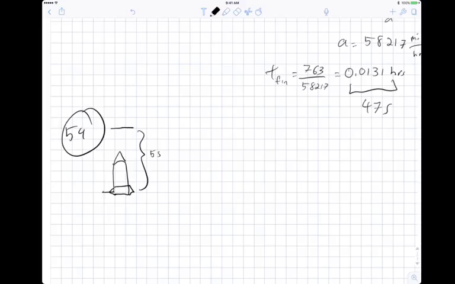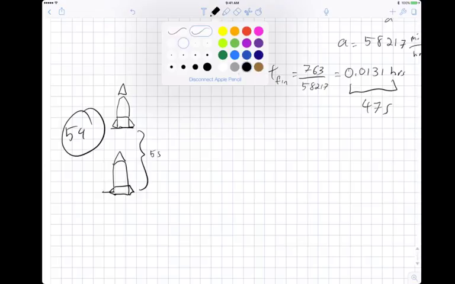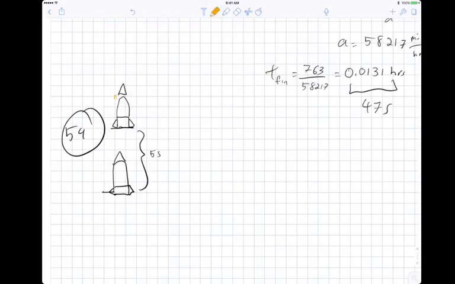So then when it's up here, the bottom part and the top part detach. Click. And I guess the top part keeps going on up